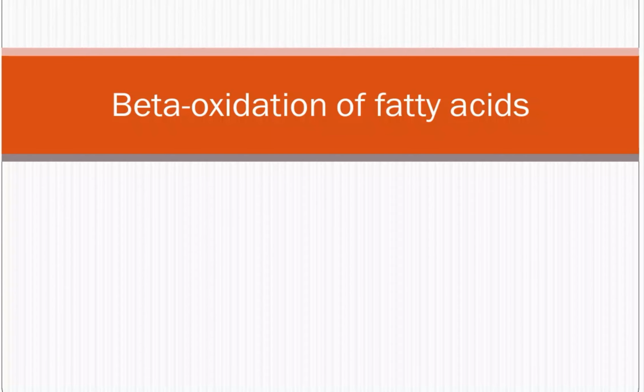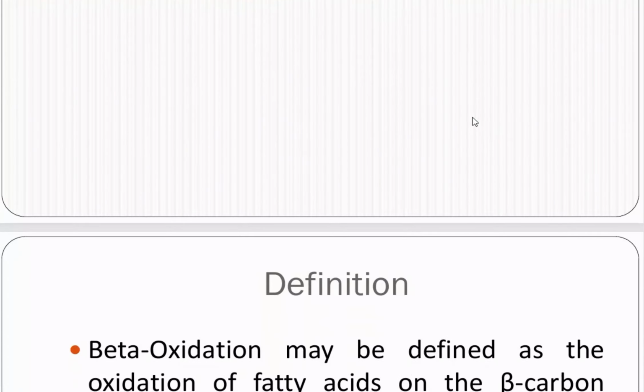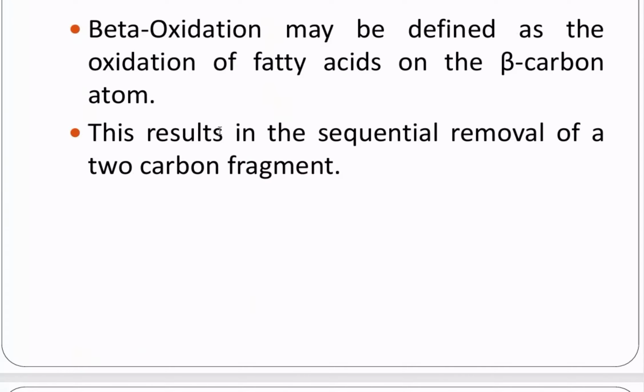Now let's understand the beta oxidation of fatty acids. This process is known as beta oxidation because the oxidation and splitting of two carbon units occurs at the beta carbon atom, resulting in the sequential removal of two carbon fragments, and so it is called beta oxidation. The oxidation of the hydrocarbon chain occurs by sequential cleavage of two carbon atoms, which was discovered by Knoop